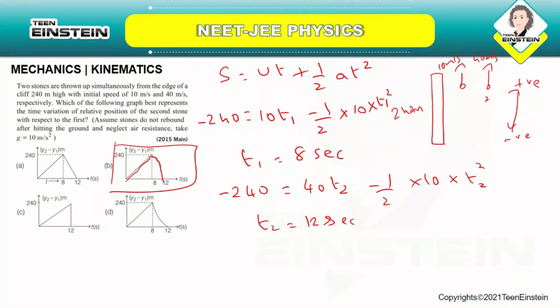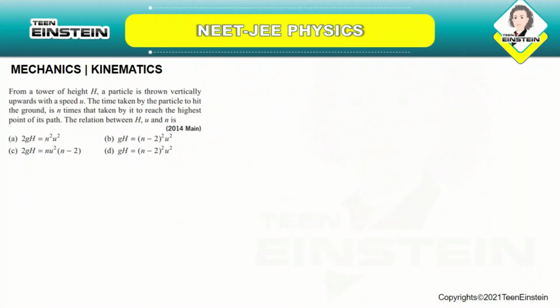Okay, let us now move on to the next question. From a tower of height h, a particle is thrown vertically upwards with a speed u. The time taken by the particle to hit the ground is n times that taken to reach the highest point of its path. The relation between h, u and n is,